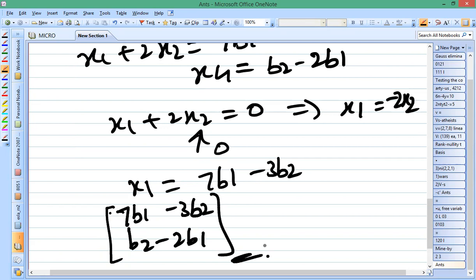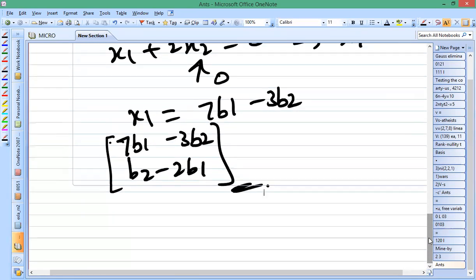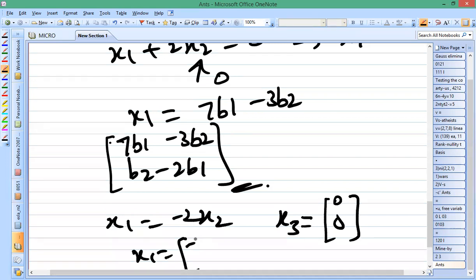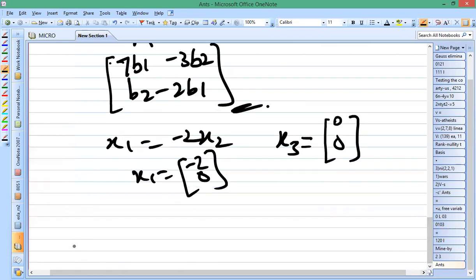So this is the particular solution. And for the null space, here we'll have x1 is equal to minus 2x2, and x3 can take any value, either 0 or 1. So here we can have the values like 0 0, and x1 is equal to minus 2 and 0. So here the total solution for this is